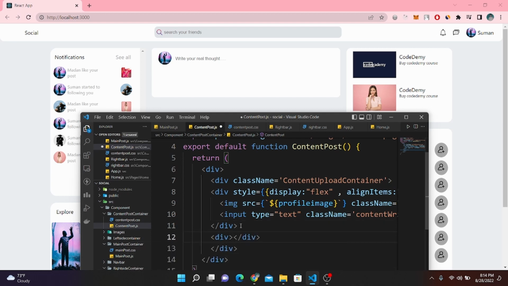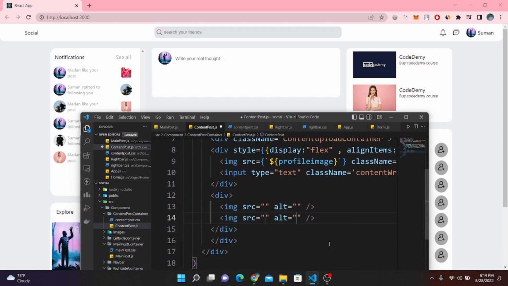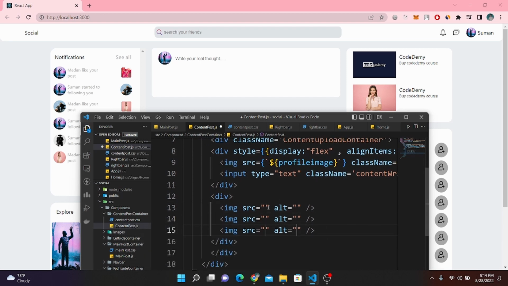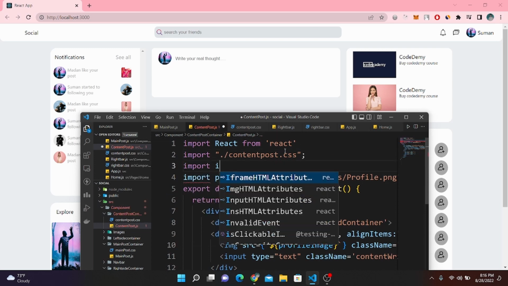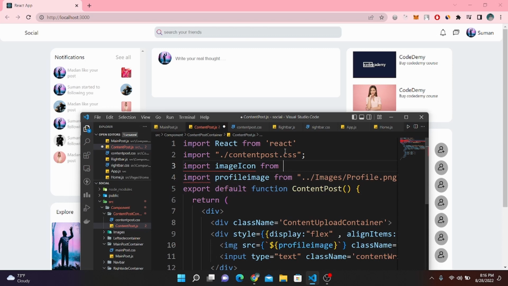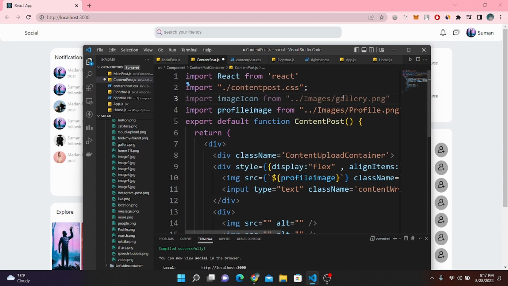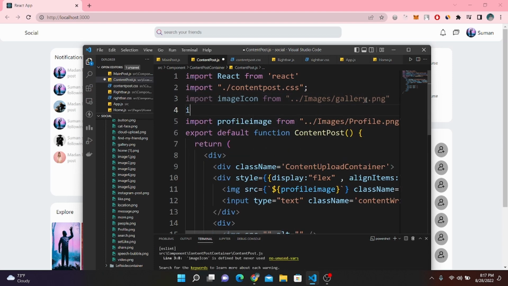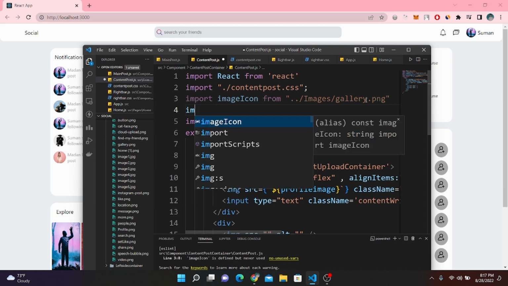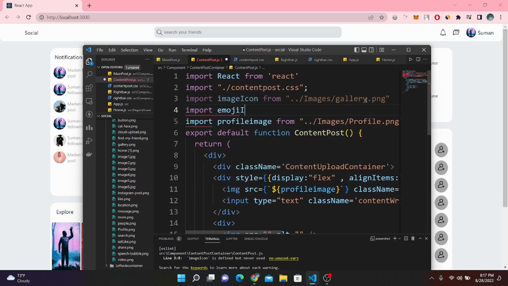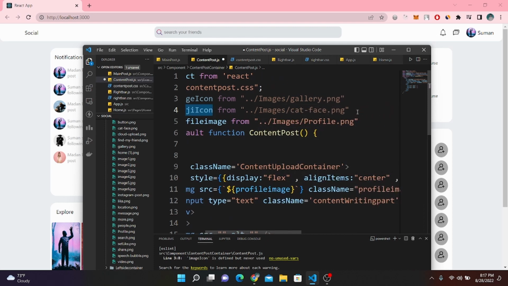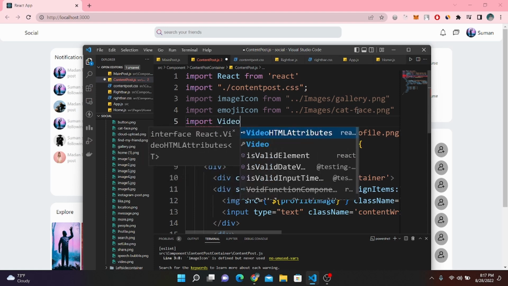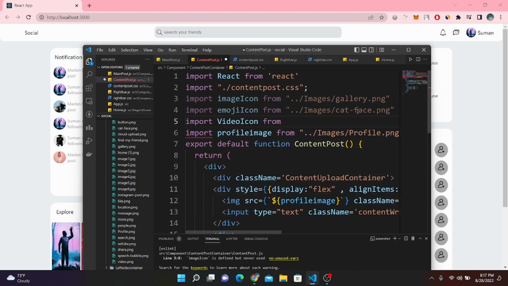So now let's write one div, and inside this div I'm going to get our image. So I need 3 or 4 images. So let's write 3 images. So let's import our image icon from image slash. So this is my image icon. So let's import another image. And let's import an image. So this is our video icon from